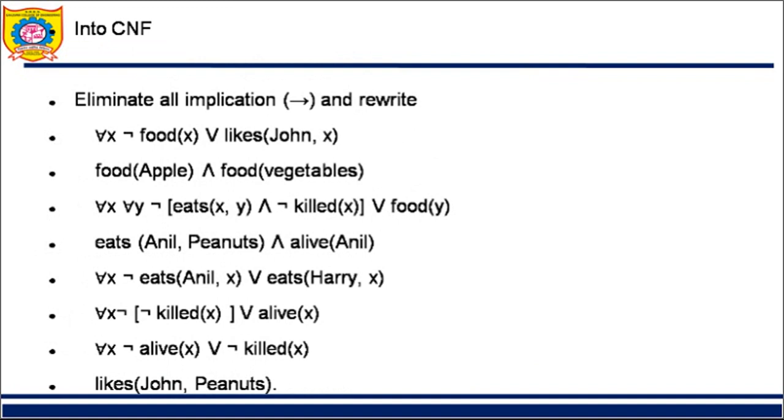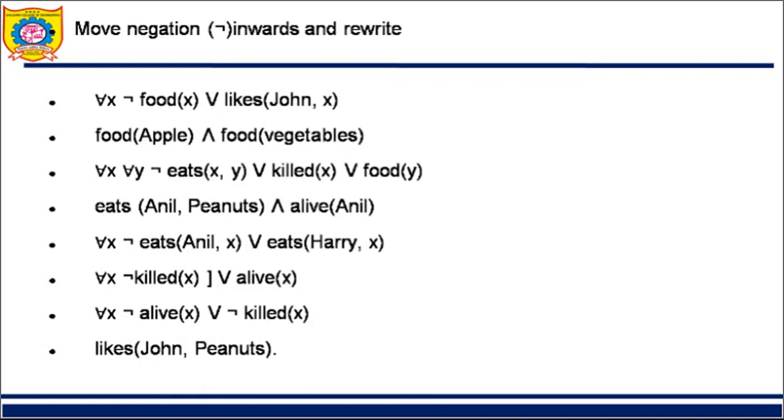First of all, I need to convert it into CNF. Again our rules are the same. I'll just explain the way how to do it. Explaining each statement is not possible. So remove this implication, right? How to remove implication? Put it as not of or. In this fashion, wherever implications are there, you try to remove them. Each and every statement we have converted into CNF.